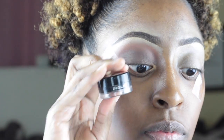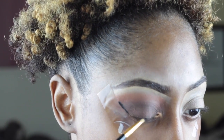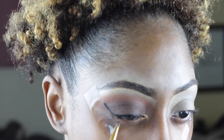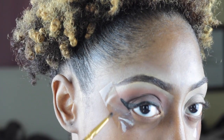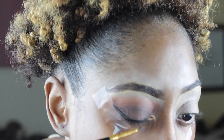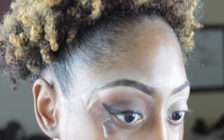So I'm going to go in using my Inglot eyeliner gel, the number 77, and I'm going to line my lid. And I use the tape. It's very helpful in helping you to create that straight line for your liner. So this is why I use tape. It's very helpful, and it's going to help me a lot, because I'm on and off with the liner. So sometimes I'm good and other times I'm just like, uh,